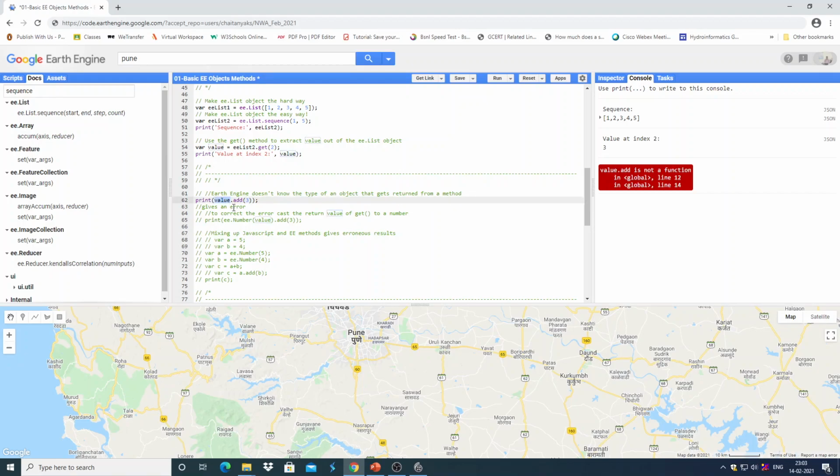So how to avoid it? To avoid it, you have to make it clear that this value is an Earth Engine number object. So here we are making it clear that value is an Earth Engine number by using the ee.Number constructor, and then we are using an Earth Engine method add.